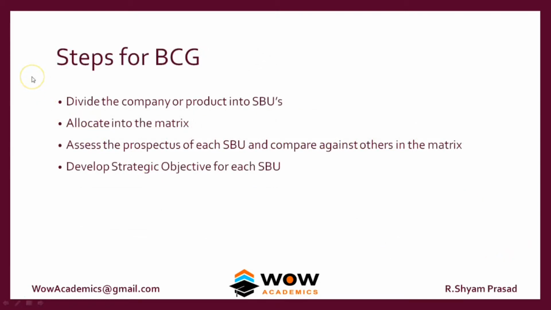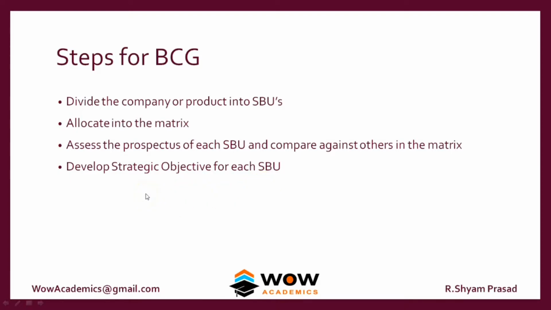So how do we create this BCG? The first step is to find out the list of all the products which have been sold by a particular subsidiary or SBU. Then we apply the previous 2 formulas to all the products in that SBU. Then we place each product in the matrix, and once it has been placed, we can apply the strategy.